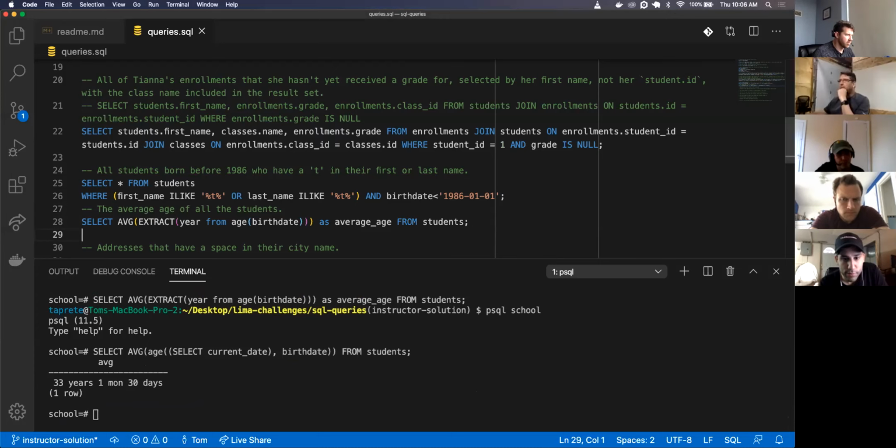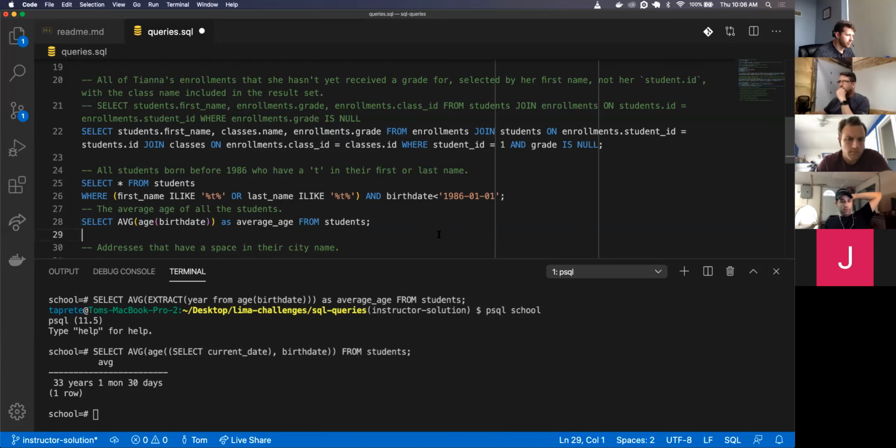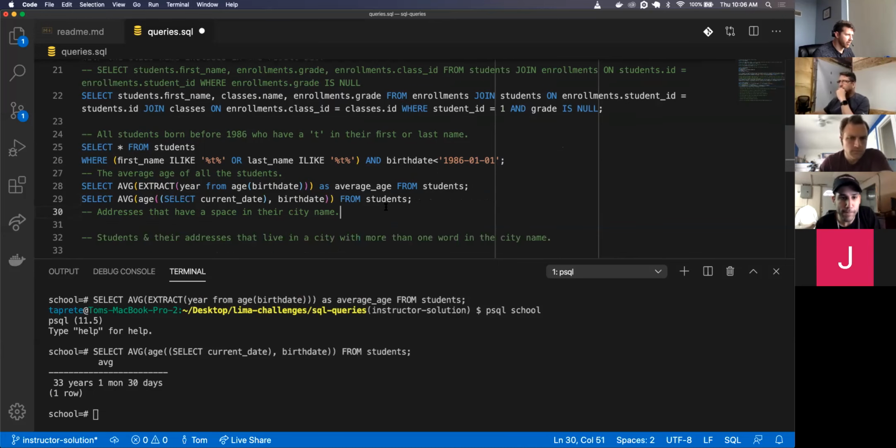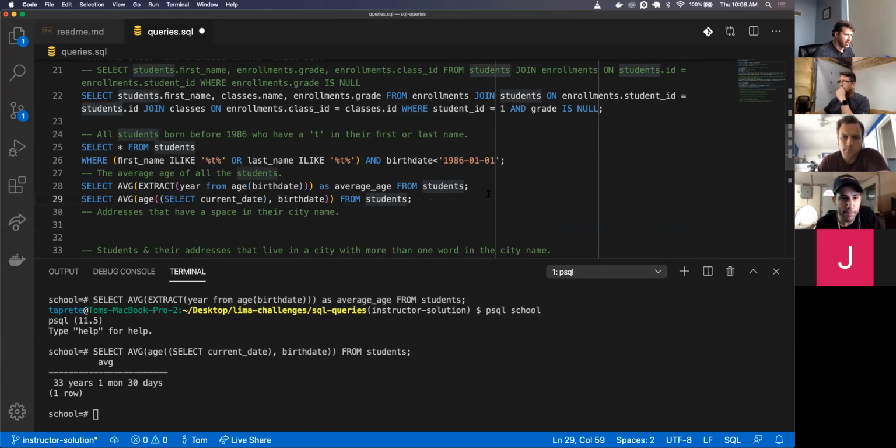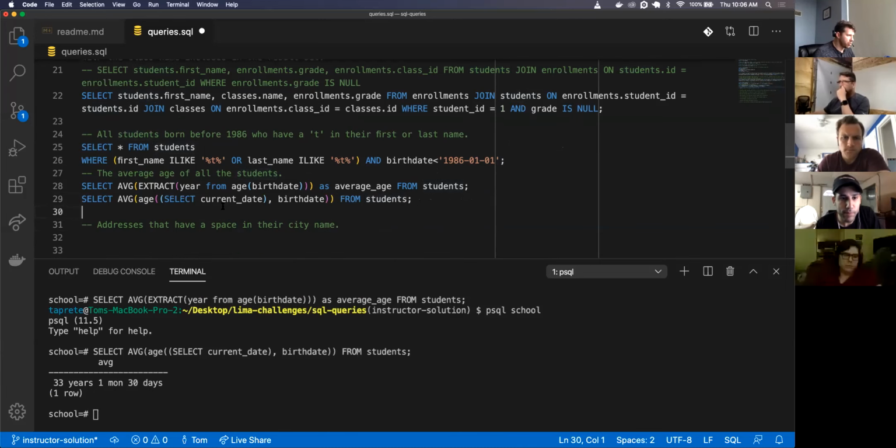Do you have to extract the year? So it's just the average of the age of birth date. I think it was because of the days and the month, but yeah, probably one of them rounded. Okay. Cool. It's another way. So for the sake of time, just keep moving.